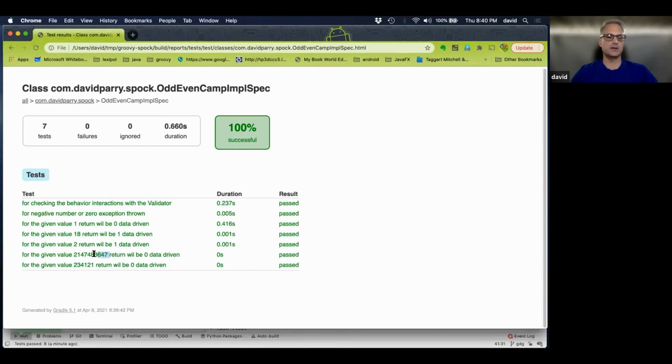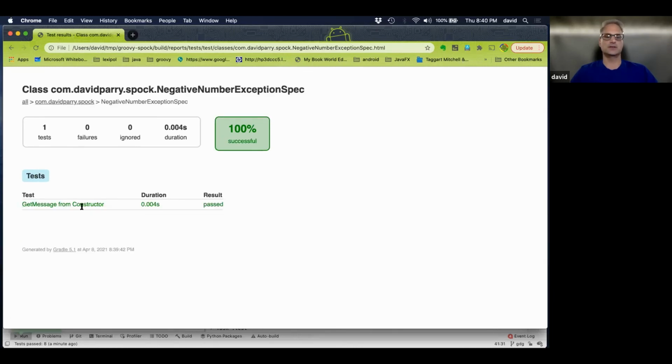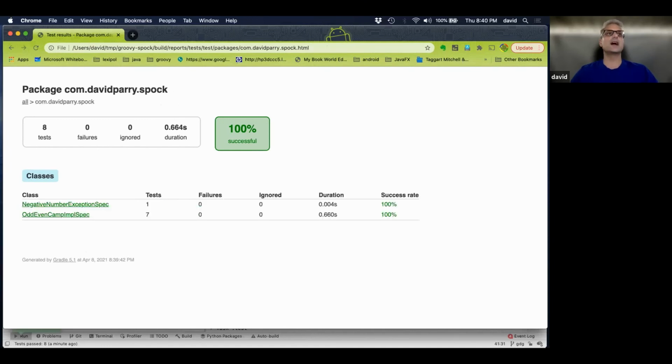Here's our number, that long number. Remember I told you that we wanted the max value and stuff. So everything is printed out because I did the unroll. And you can really see the data and what was driven, what was your coverage in the sense of what data was used for all of these. And then here's our negative check still too, that's just the basic one and it passed.